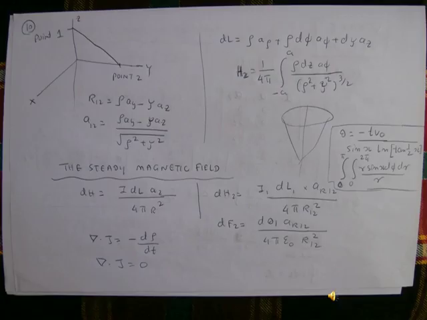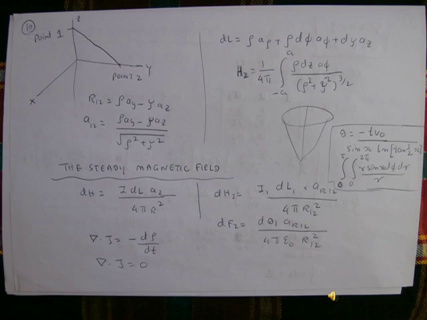And then we will see the charge between the 2 points. So in this case, you can see the H1 is the coordinate and the point 1 is on the Z-axis and the point 2 on the Y-axis. So in this case, the distance between 2 points is R12 is equal to rho AY minus Y is Z. So in this case, A12 is equal to rho AY minus Y is Z divided by square root of rho